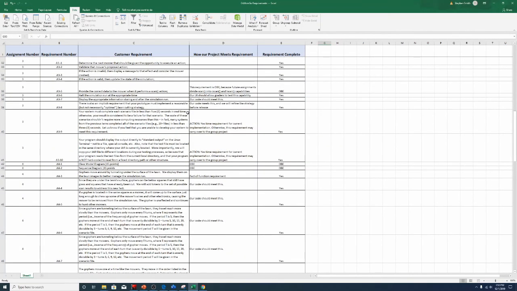So we realized through this semester that it's not only about software architecture and design, but it's also about keeping track of